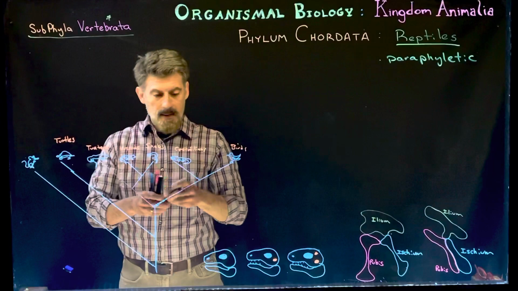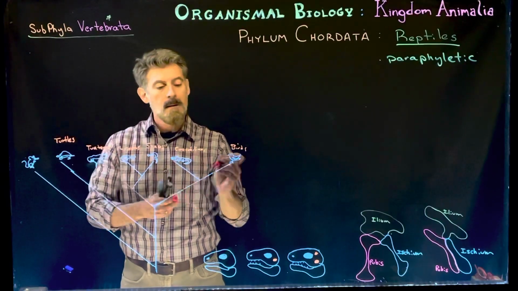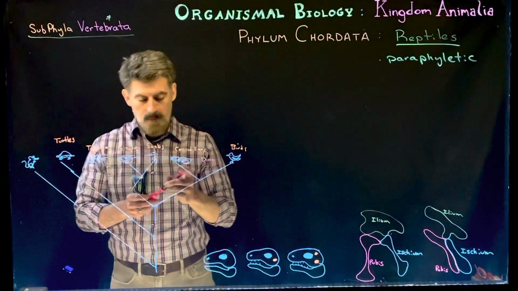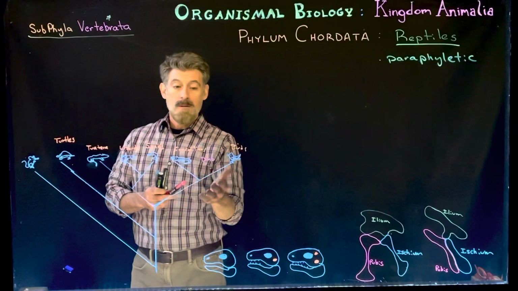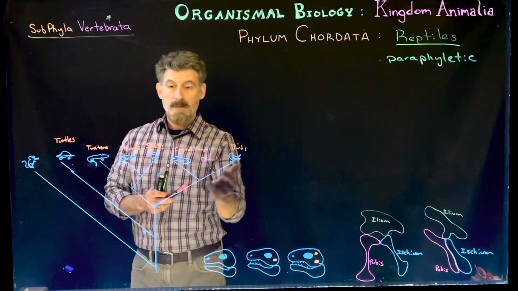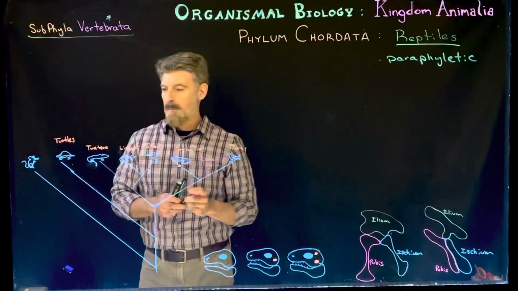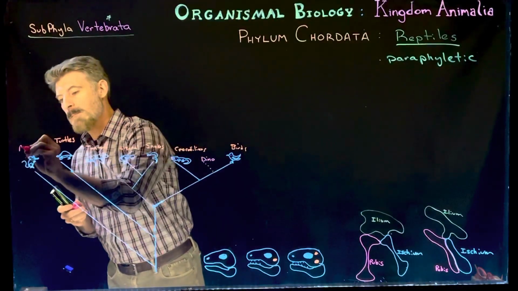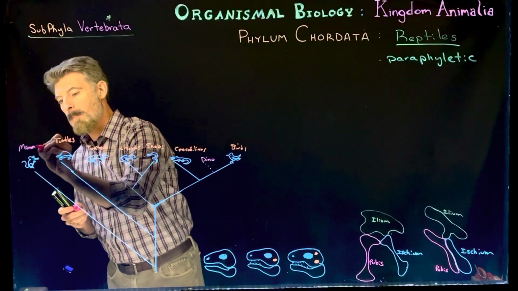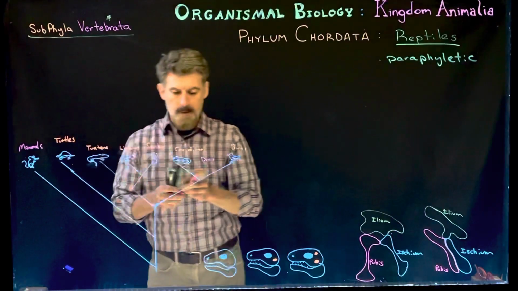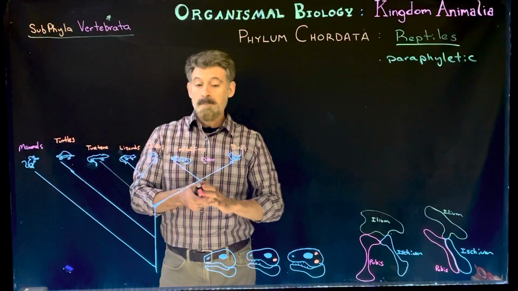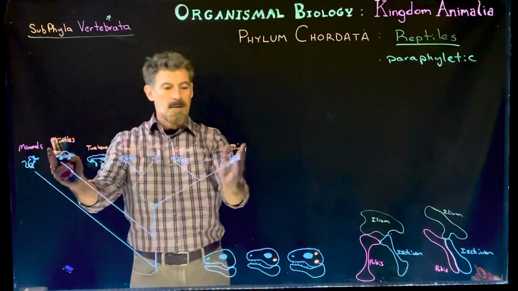Now we would also have dinosaurs here along this particular branch. This is kind of where they would generally fit in. We'll talk a little bit about them, not too much. And then over here we obviously have the mammals, which we'll get into last. So what is it that separates them? All right, so in the paraphyletic part,